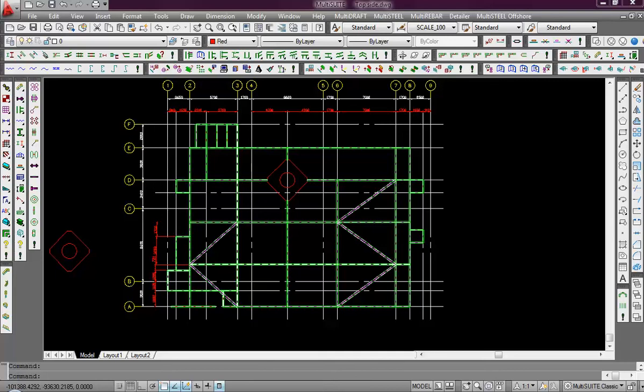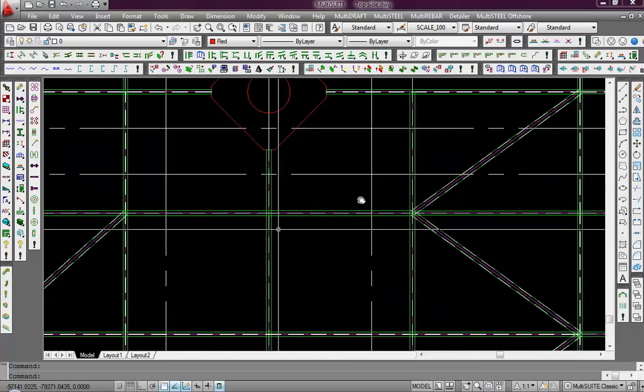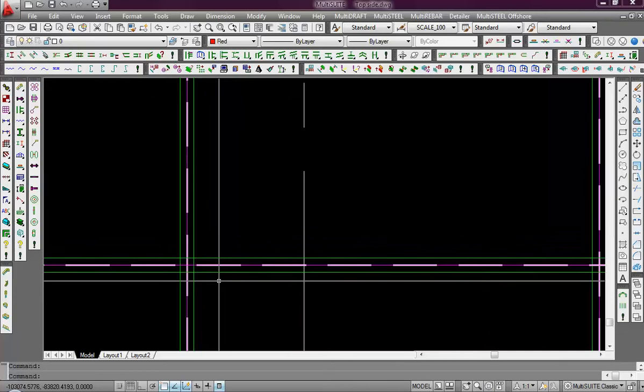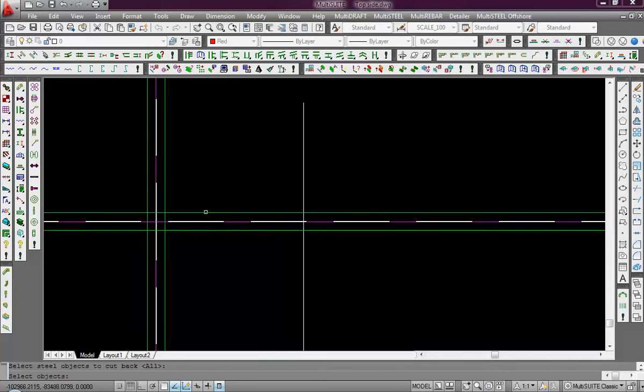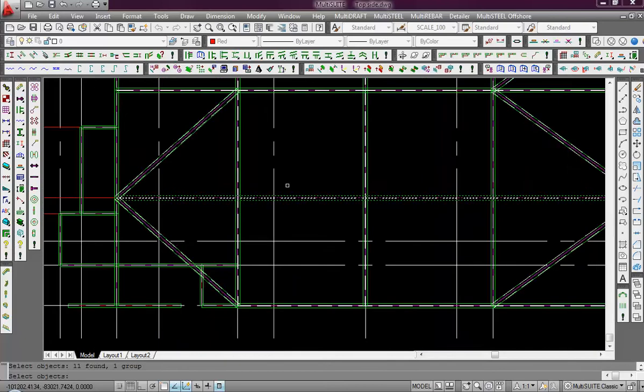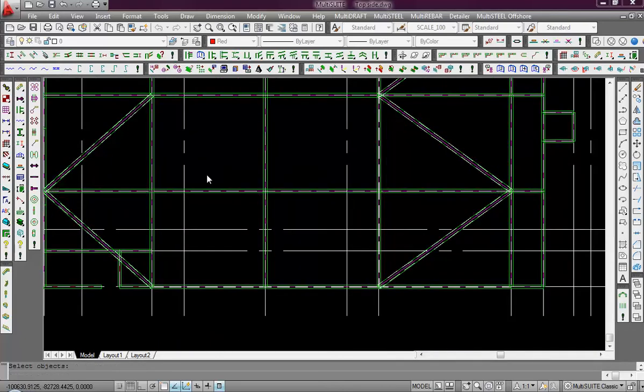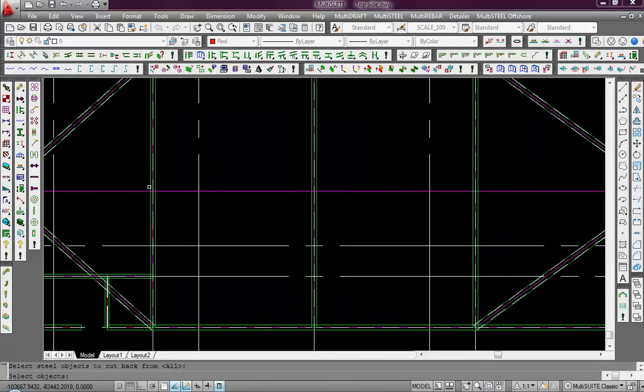After completing the structure, in which we added a steel section for all the members, we can do the cutback for each section. This one is cutback, where we set back the beam from the main beam. We choose this one. This one is the main beam. From these three beams,